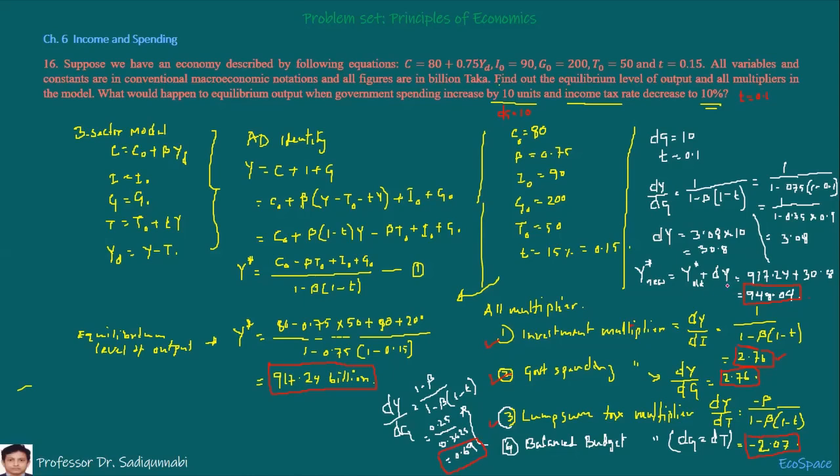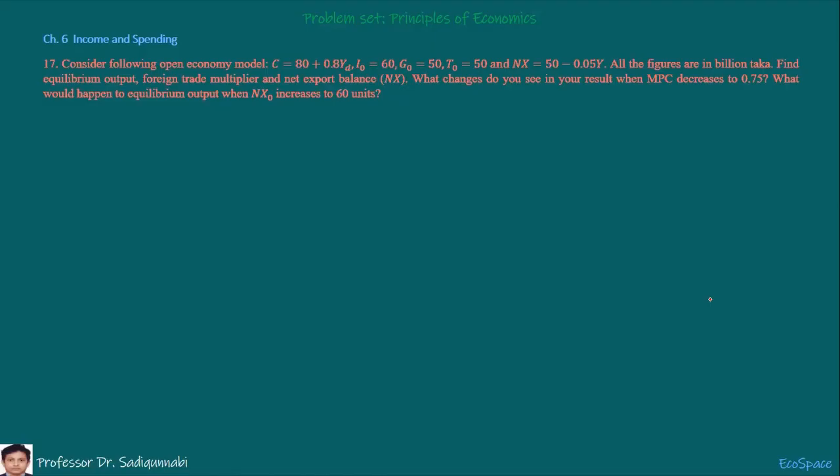Okay. So let's go for the last problem, problem number 17 in this chapter, income and spending, which is the four-sector model, which contains C equals C0 plus beta yd, yd equals y minus t, t equals T0, I equals I0, G equals G0,